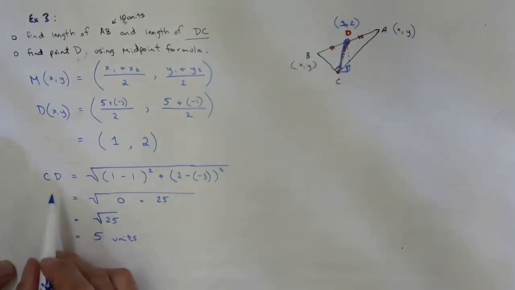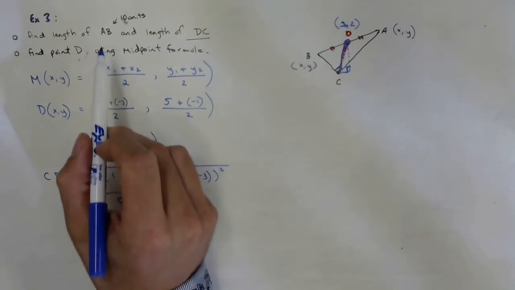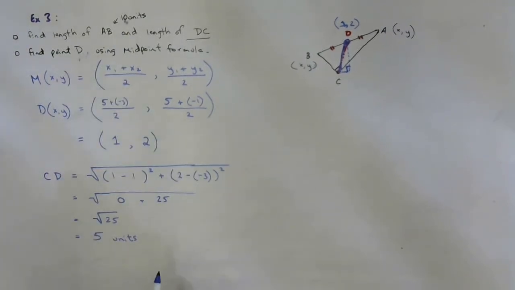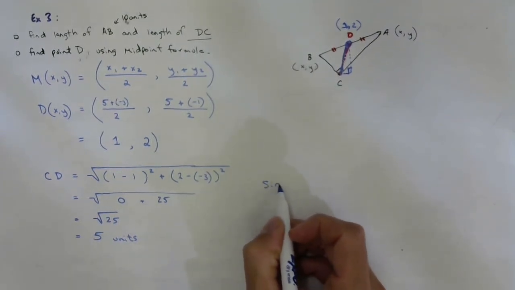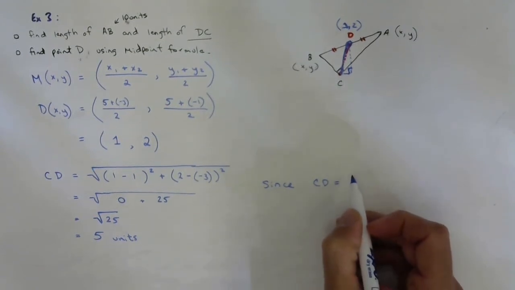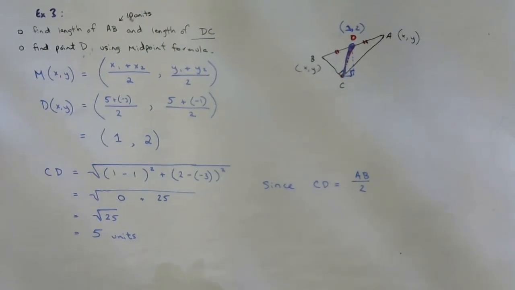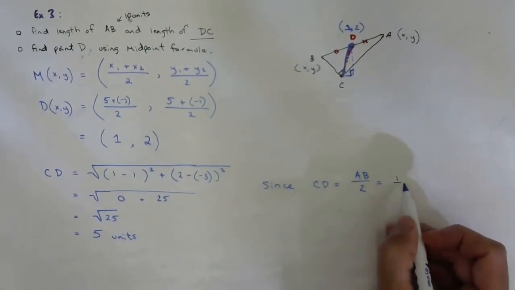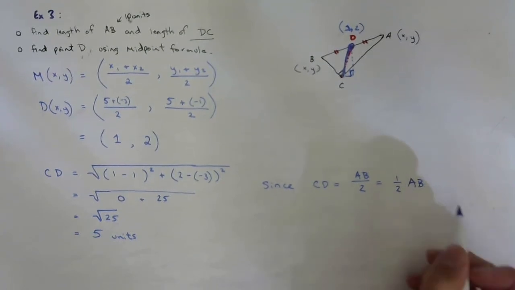So we've got CD equals 5 units. And we know AB equals 10 units. So is it true that the median from the right angle of a triangle is half as long as the hypotenuse? Yes. It is true for this specific case. So let's write a little closing statement. Since CD equals AB over 2, or you could write it like this, 1/2 of AB,